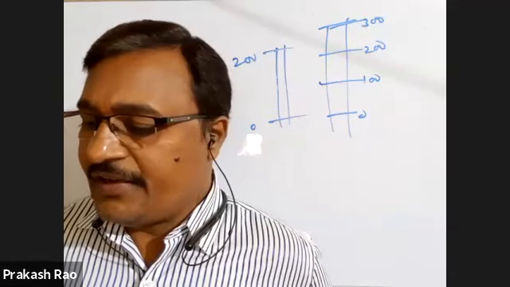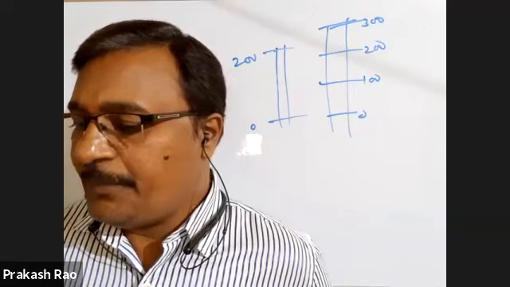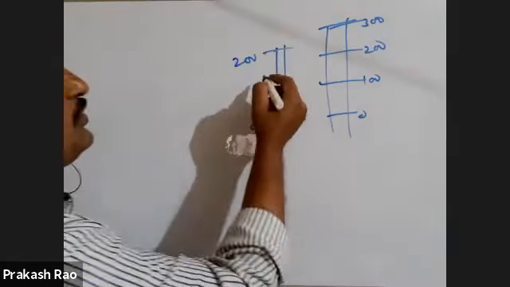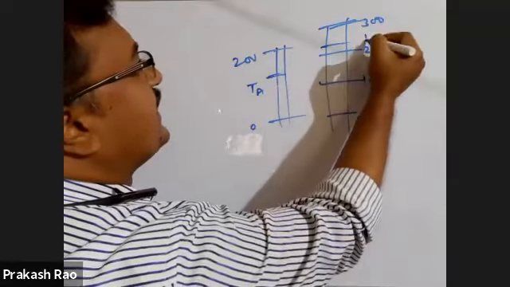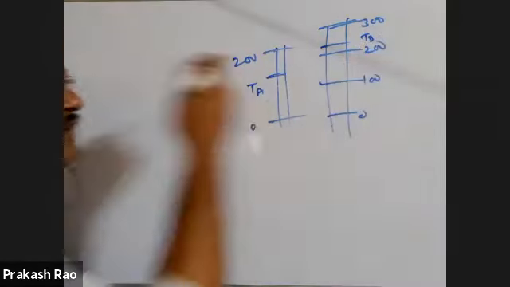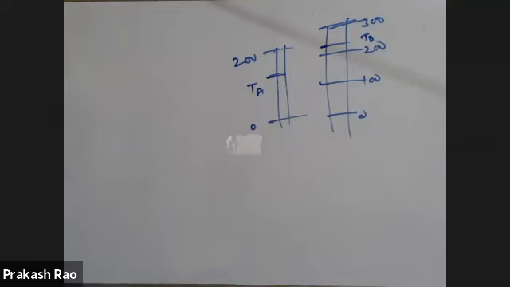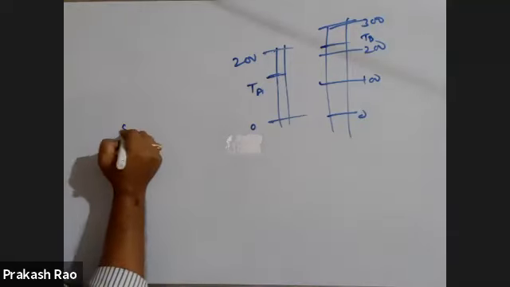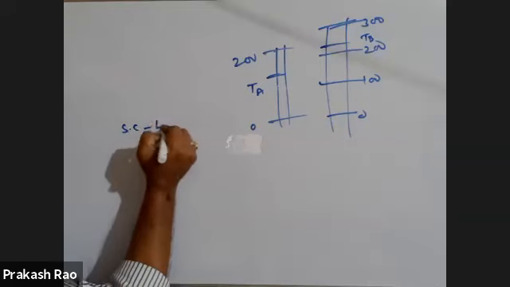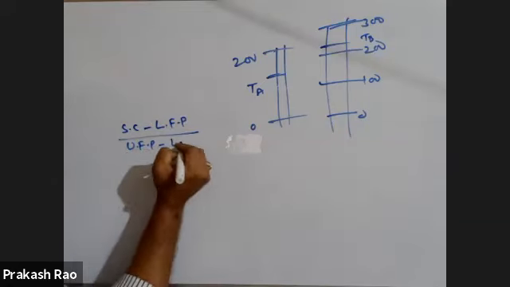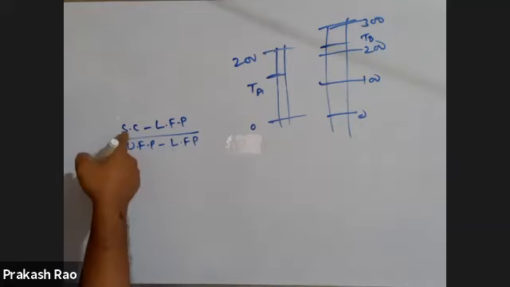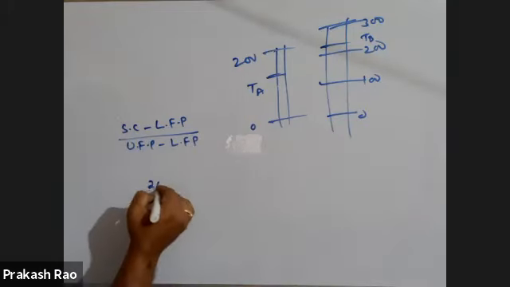So what is the relation between the temperatures TA and TB? Say that it is indicating temperature TA on one scale and TB on the other. Then what is the relation between TA and TB? In any scale, take temperature minus lower fixed point, divided by upper fixed point minus lower fixed point. In this scale of temperature here you are taking 200.